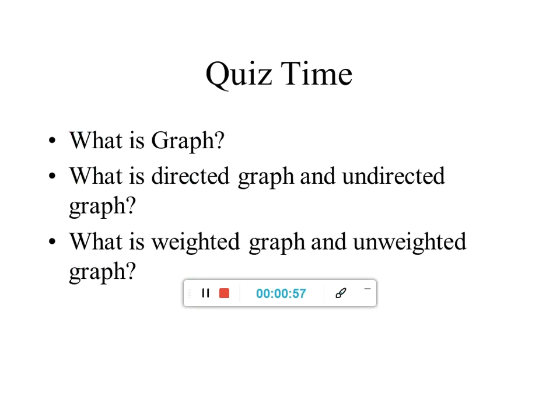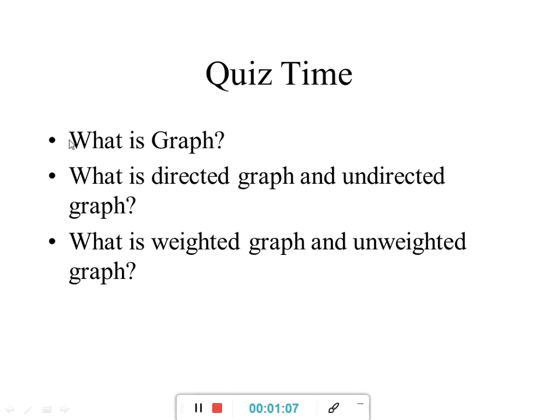Before discussing BFS and DFS, I would like to cover a few things regarding graphs. First of all, what is a graph? And then what is a directed graph and an undirected graph? What is a weighted graph and an unweighted graph? So before going to know what is a graph,